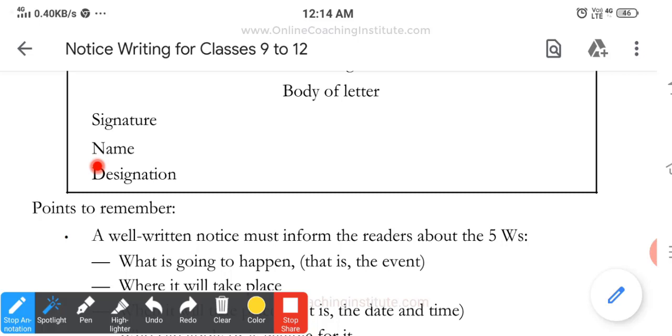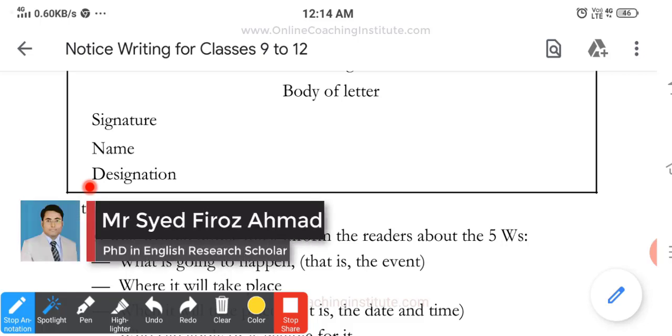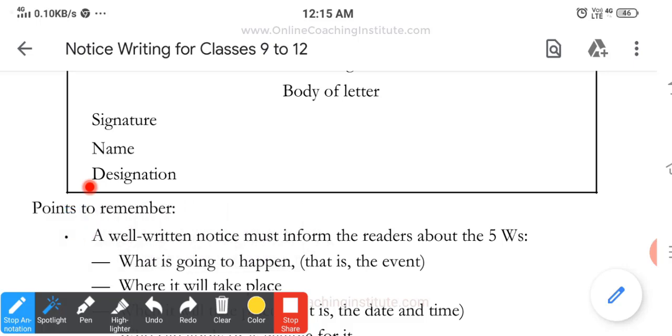Then after, you have to write designation. So this section is for the designation, and remember where it is written, just below the name. Okay, so designation, that means, what is your specialization, you have to mention. If you are a student of your school, you have to write here the student of this and that class. Or if you have any post at a school, for example secretary, or you are a principal, whatever. Or suppose in the examination you are asked to write on behalf of the principal of your school or the secretary of the school, so you have to write that designation here. So mostly people write head boy or head girl,